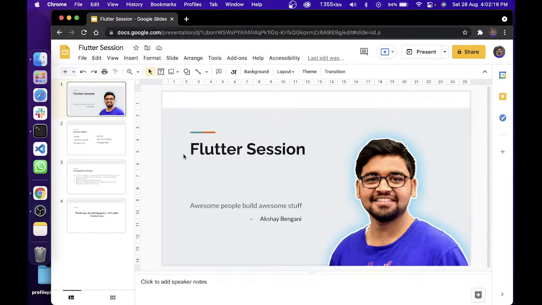Today we'll be learning about Flutter. My name is Akshay Bengani. I'm a Flutter developer. I have 3 years of Flutter developing experience, and today we'll be learning about introduction to